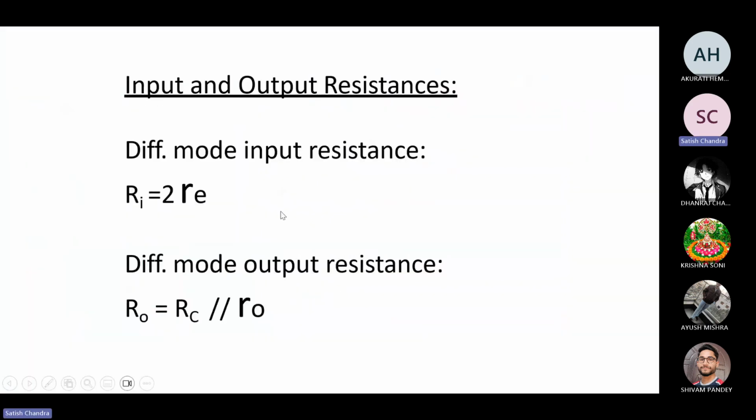So we are at this particular slide. Sorry for the interruption of the internet; actually, light has gone. So again, starting from this point. The input and output resistance for the differential mode: the input resistance will be Rid equal to 2 times Re, and the differential output resistance will be nothing but